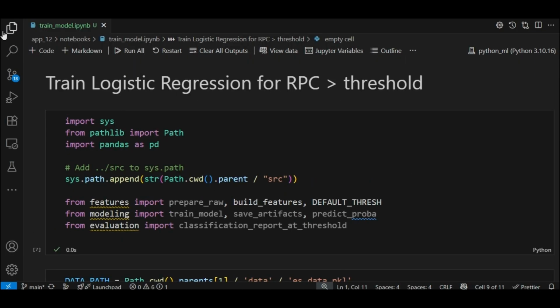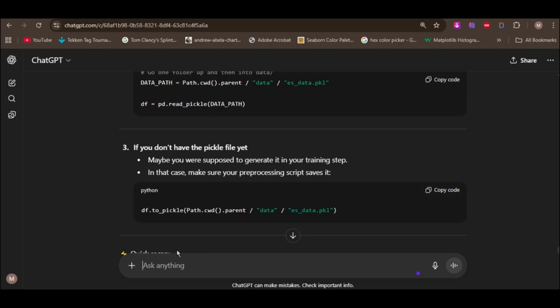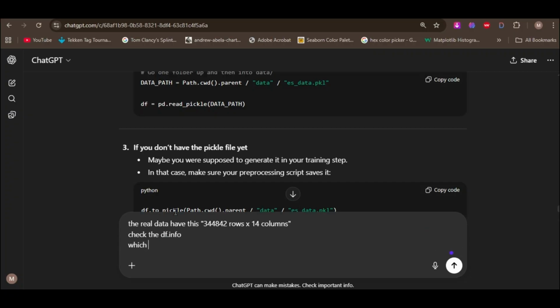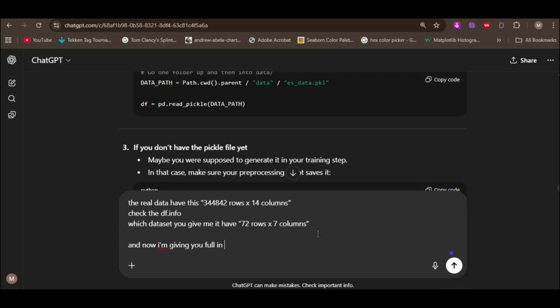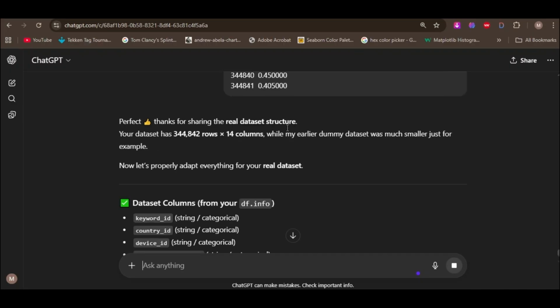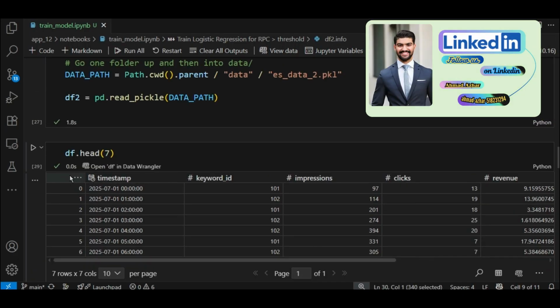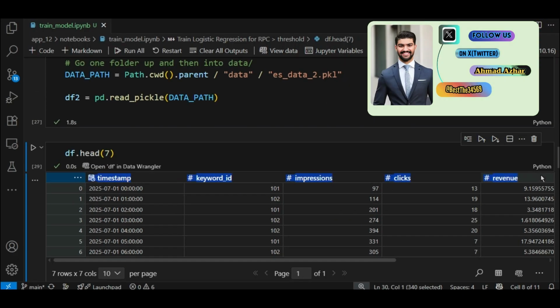Then it will give the right code we will use to train the model. Okay. Now I am going to tell it about both datasets. Then we will see what it responds. Okay, I told it about both datasets, but it does not know the full names of the columns, because